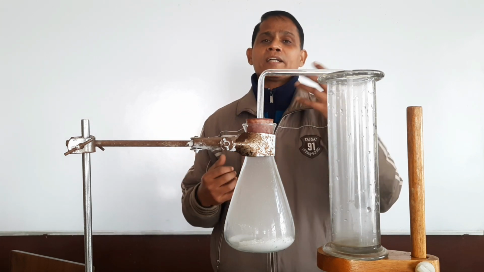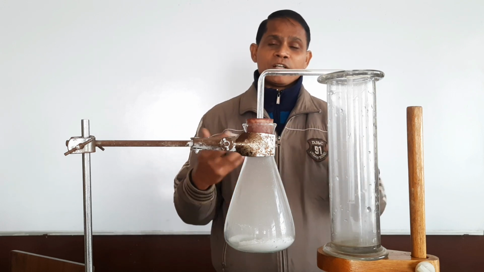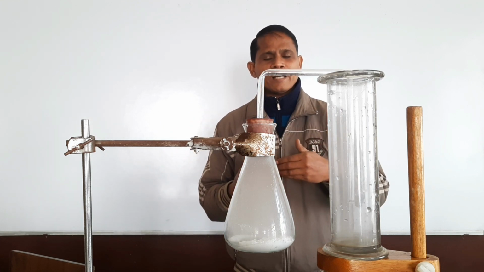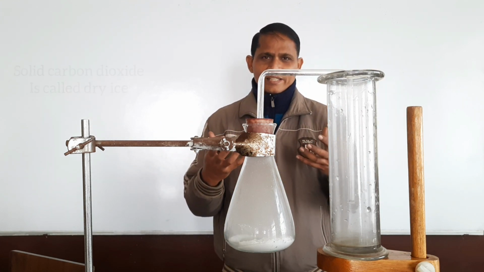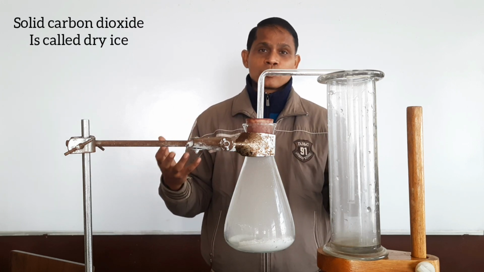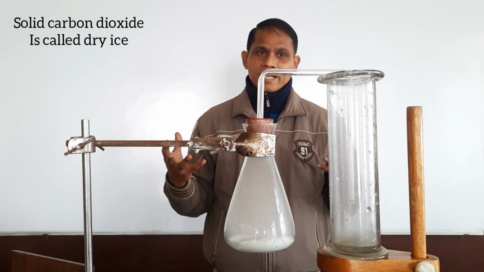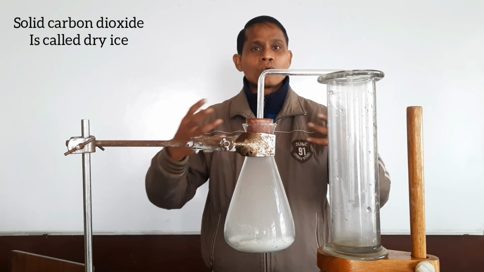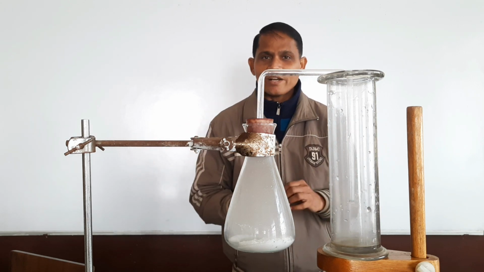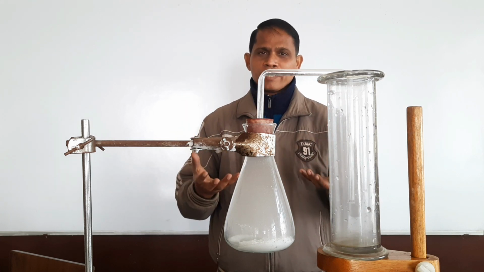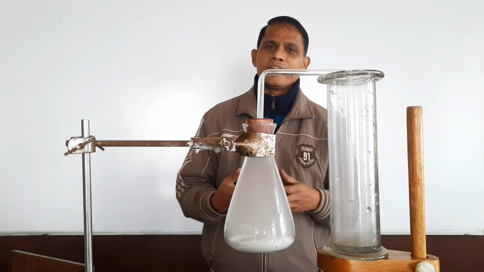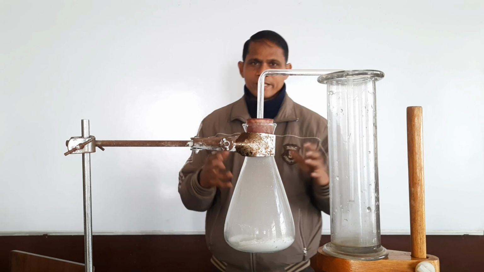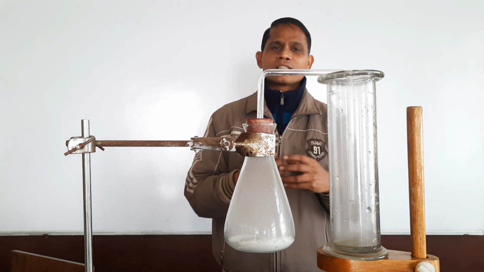it can be solidified at 1 atmospheric pressure and minus 78.5 degree temperature. It gets solidified and can directly convert into vapor. That solid is known as dry ice. Solid carbon dioxide is known as dry ice. It directly changes into vapor. So what is dry ice? Solid carbon dioxide. And how can you solidify carbon dioxide? If you have 1 atmospheric pressure and a temperature of minus 78.5 degrees Celsius. So that property is there student,